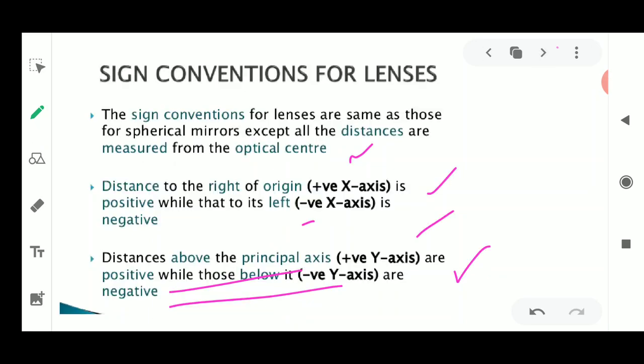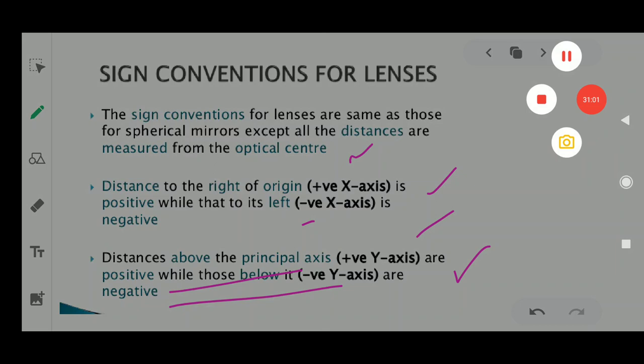Now, based upon this sign convention, there are two more things to be discussed in this lesson: the lens formula, and then I will discuss magnification. Fine, and we will solve some numericals. So children, today's video was related to the uses of concave lenses, and we saw image formation with the rules related to concave lenses, and we have also seen the sign convention lastly. So that was all about today's video. I will meet you all in the next video with the next topic to be discussed.